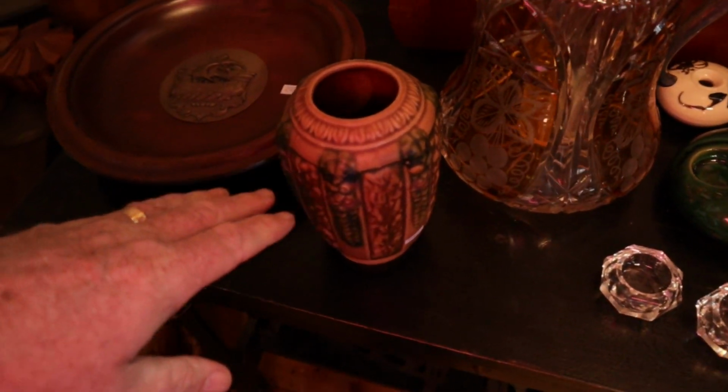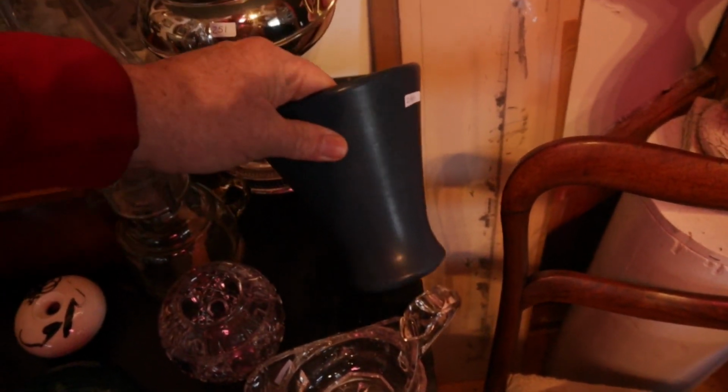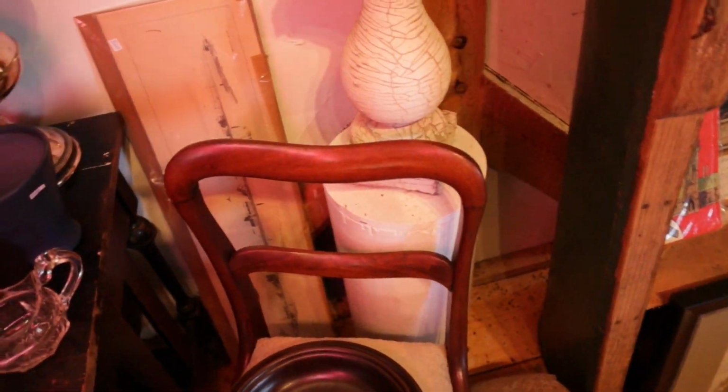A little Roseville vase, early one. Some art pottery. This is actually a Marblehead pottery. There is a fine hairline in that. It's in one of the lots. And now we're going to show you